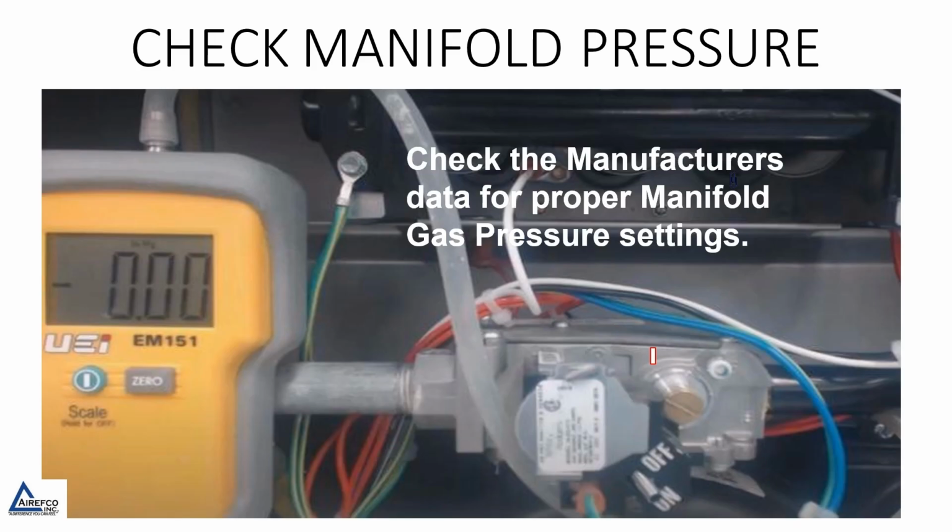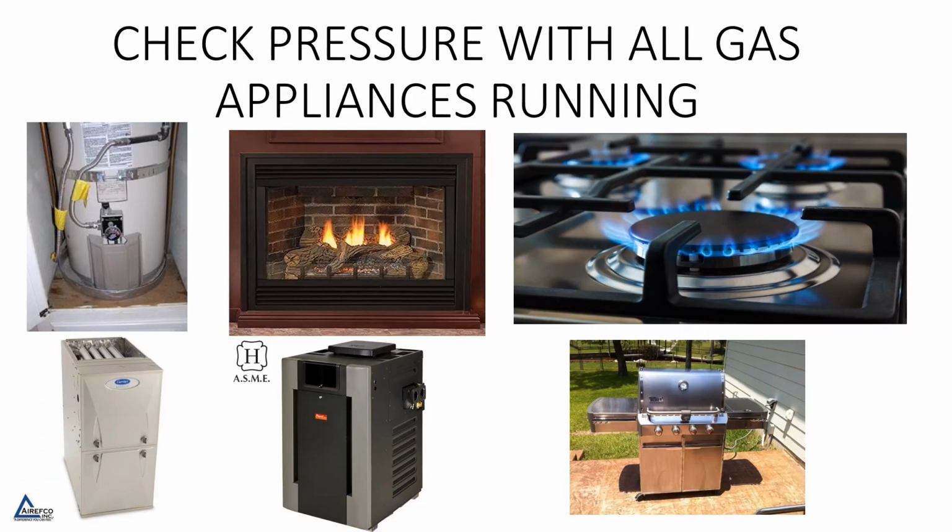The next thing we want to do is check the manifold pressure of the gas pressure being supplied to the manifold itself. You'll need a manometer for this, to check the manufacturer's data for the proper manifold gas pressure settings to make sure that the furnace is set up correctly. When setting the manifold gas pressure, you want to make sure that all the other appliances in the home that run on gas are running so that you can check to make sure that the incoming supply does not drop below the 10 inches, and therefore the manifold pressure on the gas furnace drops below a point where it can